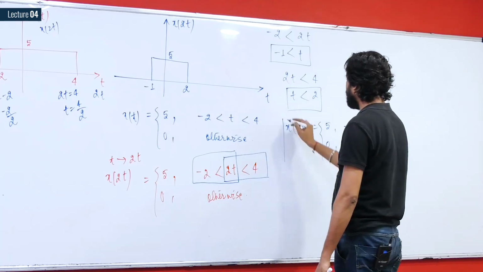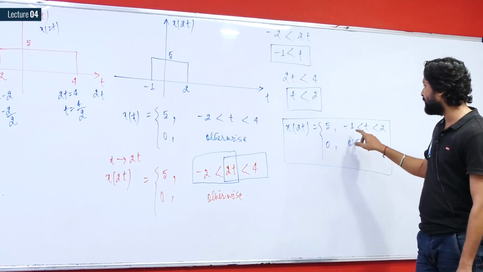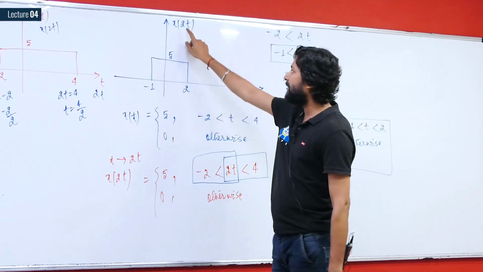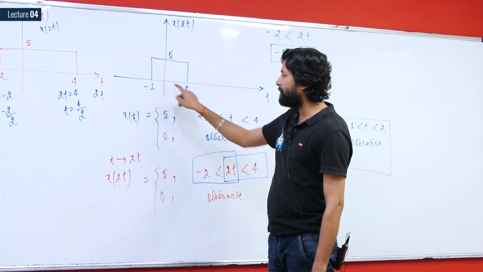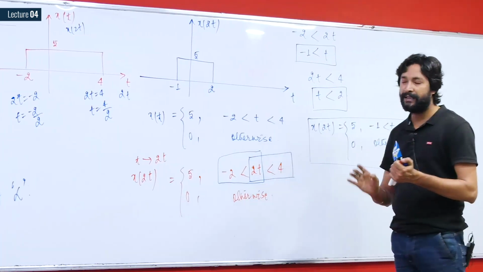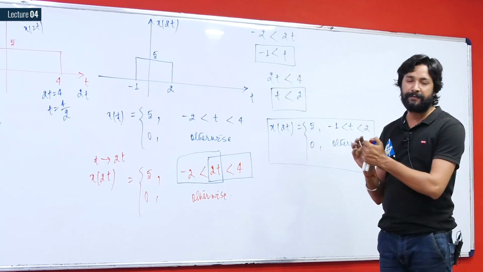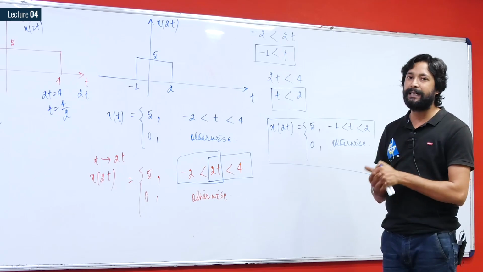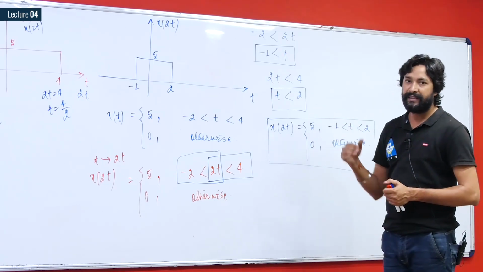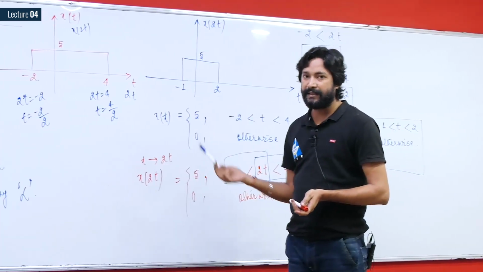So now again you are having the same value. If you are going to plot x of 2t, that is constant 5 in the duration minus 1 to 2, and it is going to be 0 otherwise. So you will be getting the same plot, that is x of 2t that we have plotted earlier. It will exist from minus 1 to 2 having value 5, and it will have value 0 outside that interval. So what we have seen is that replacement is the key, which can be used to perform any time related operation, and just by replacing the values of t on both the sides, you will be able to find out the plot of that resulting signal. So here also we will have to see the scaling effect.